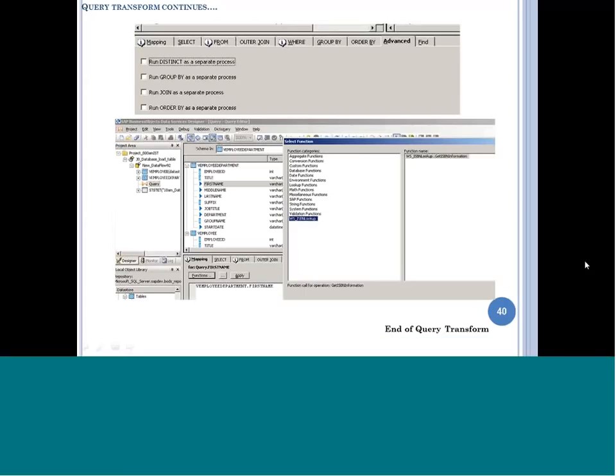Having this knowledge, now we will jump onto the server and try to create the projects and queries, with the query transformation usage in different scenarios. I think we will spend the rest of our time today on the query transformation, which will help us understand the basic scenarios and usage of the basic transformation. Before I jump onto the server,